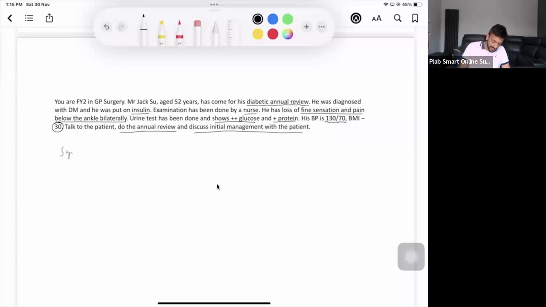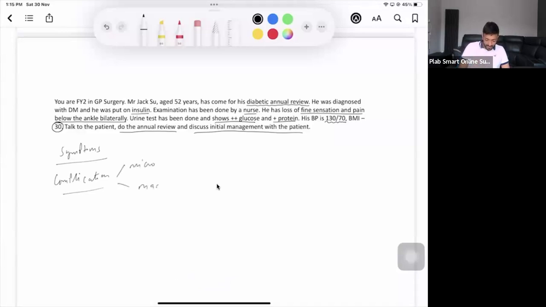And then you can ask the patient if patient has got any symptoms of diabetes or not. Then you can ask if the patient has got any complication of the diabetes or not. Symptoms of diabetes: are you going to the loo more often? Are you eating more than usual? Are you drinking more than usual? And then complication: you can have